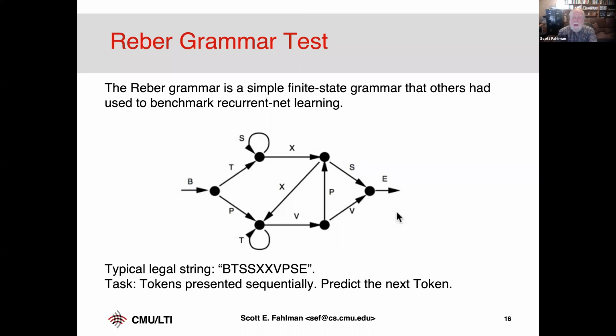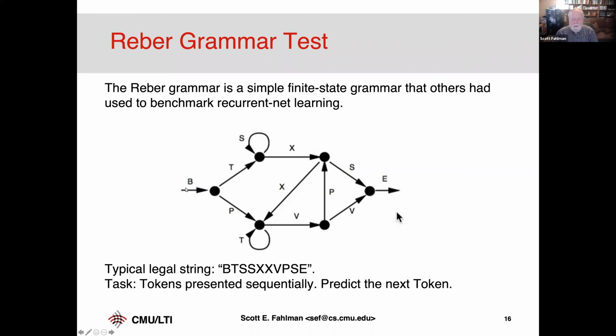So let's look at a sequential problem. And another problem people were working on back in the day is a very simple finite state grammar. Others had used this, so we had some benchmarks to compare against. And this thing is called the Reber grammar. So the finite state transition diagram, a B, and then with equal probability, either a T or a P. This is generating a string, okay, a grammar that generates strings. And the string will always start with B, begin, and then it'll produce either a T or a P, and then maybe some S's if it did a T, or maybe some T's if it did a P.